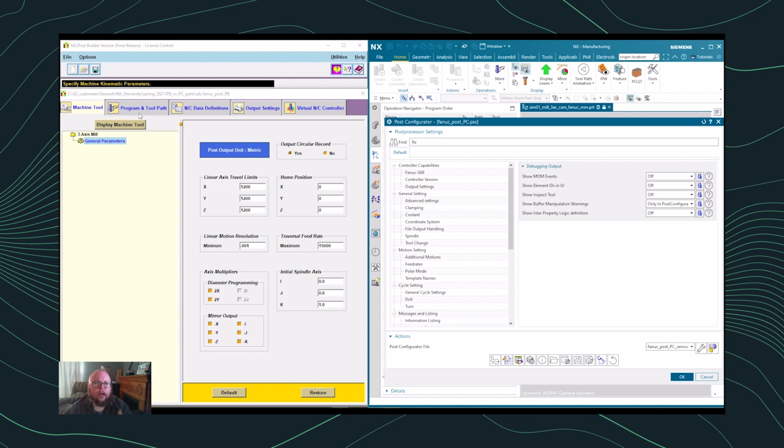But right now, I'm just going to review some of the layout of the user interface in Post Builder. On the very first tab, we have our machine tool data. It should be noted that I created a new post in this example. I'm just using a 3-axis FANUC-based post. And so you can see that we have a 3-axis mill,